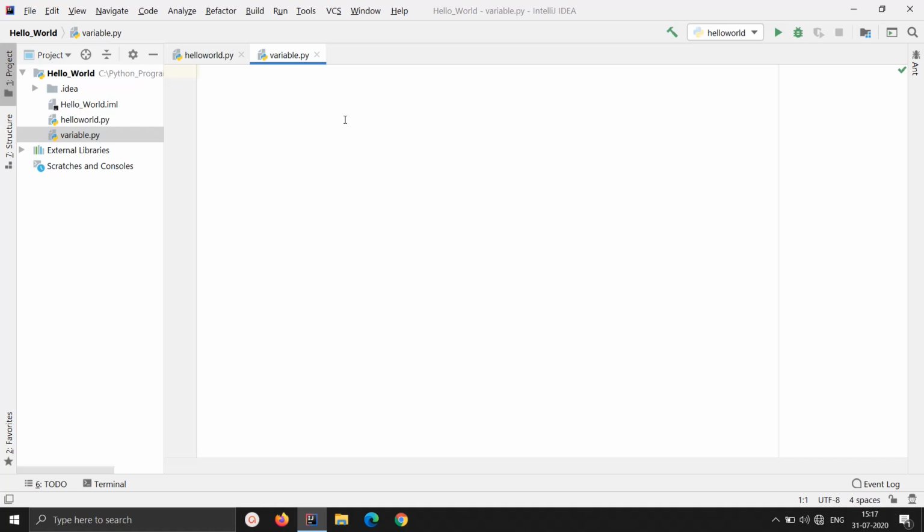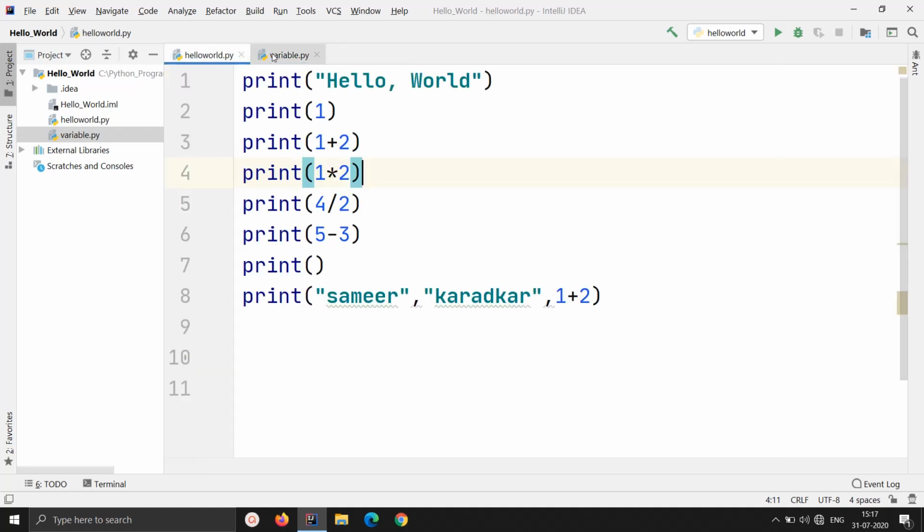Okay, so going from the concepts that we had seen in the last hands-on, we will start from there itself and then we will move towards our new concept. In the last hands-on we had seen how we can make use of the print function to print various types of values. This first print function we had used to print string values.